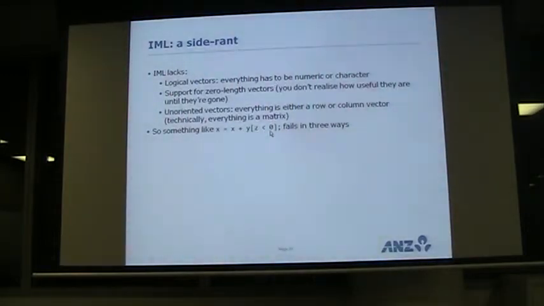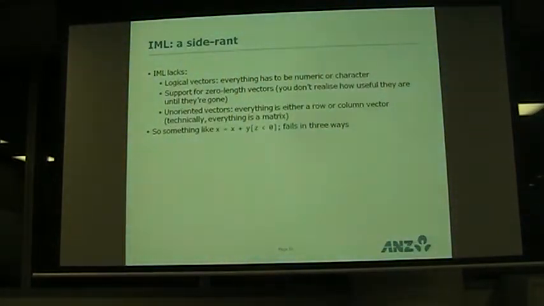First off, Z is less than 0 in R is just logical. In SAS, that's a numeric vector with a whole bunch of 1s and 0s, so as soon as you try to index according to that, it falls over. You have to use the loc function to turn that into indices, which we do in R. If there are no elements of Z which are less than 0, this indexing operation fails. So you have to check if loc Z is less than 0 is greater than 0, or something like that. Only then can you continue with whatever you're trying to do.